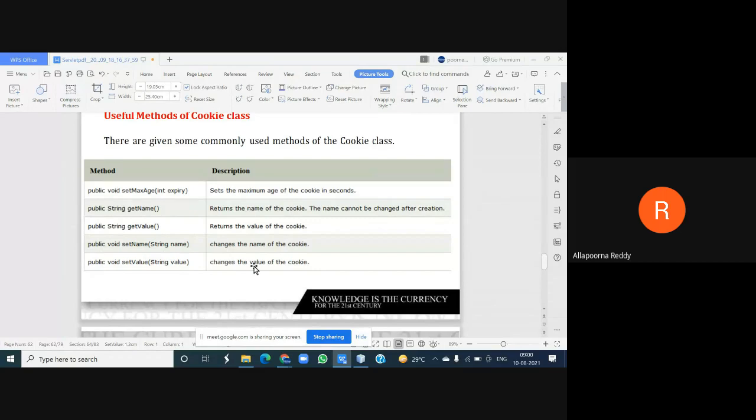It can change the name of the cookie, but only before the session starts. Once my session starts, these two methods will not work for me. One is used to set your name, and one is used to set your value. So these are some of the common methods I can use with the cookie class.